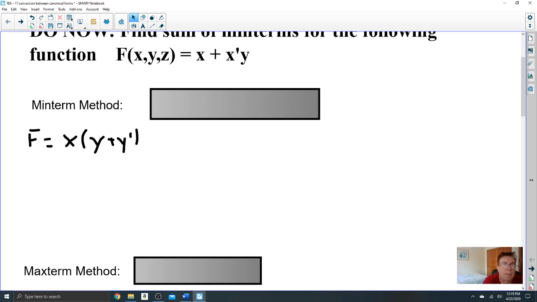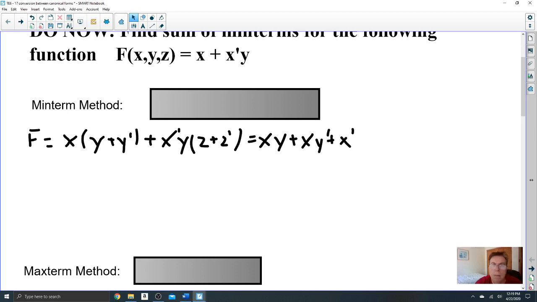So basically I multiply x times 1 plus x prime y, and the missing variable is z, so I multiply times 1 in the form of z plus z prime. Following up on this, it is equal to x. Voiding the parentheses, xy plus xy prime plus